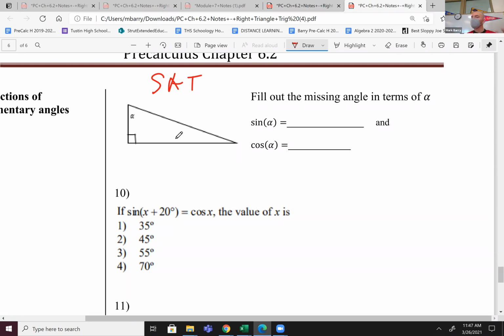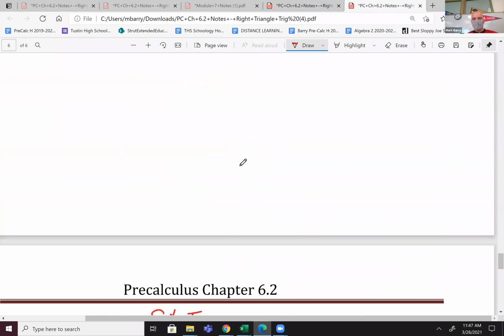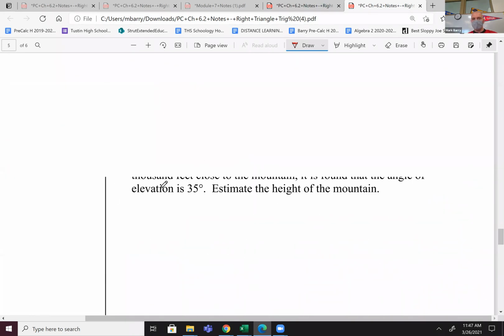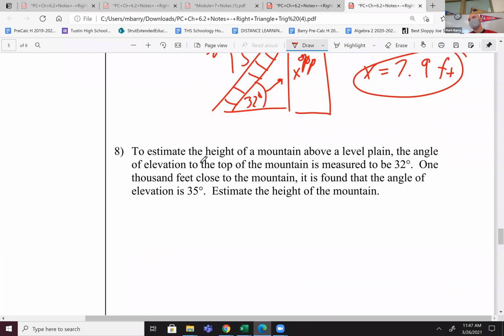But for you juniors, I would really encourage you to do this page on the video because there are questions like this on the SAT, and knowing this little page could really help you out with that. But I'll also do all the other questions like number 8 we skipped, and then some ones earlier we skipped. I'll do that on the same video. So kind of like I said, that third video will be optional